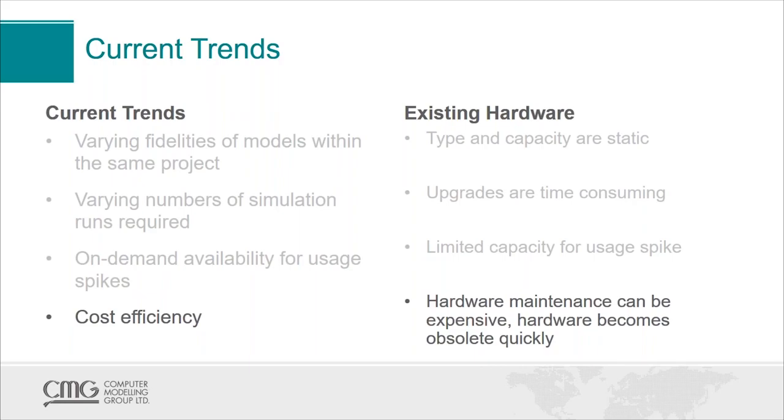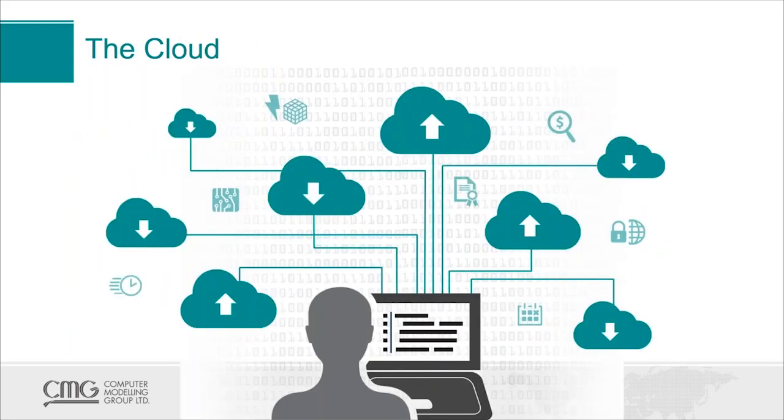So what is the solution to that? As alluded to earlier, we here at CMG, along with our partner AWS, believe that the cloud is the next tool that will revolutionize the way you use a computer. The cloud offers flexibility, agility, and allows you to adapt to a very challenging and changing work environment. So what is the cloud? At its very simplest form, the cloud is a set of computers that are connected and that allow the users to log on and use them at any time and anywhere.